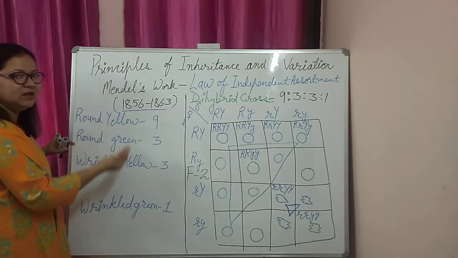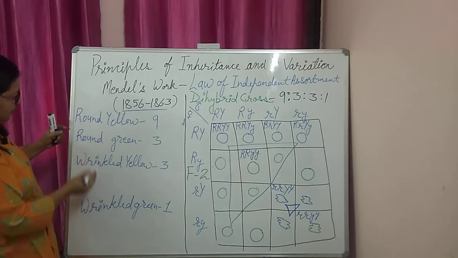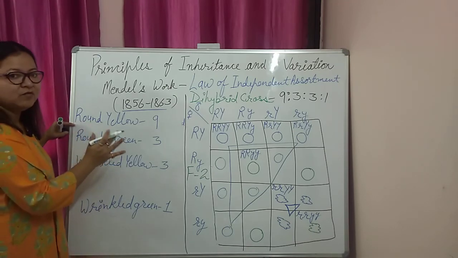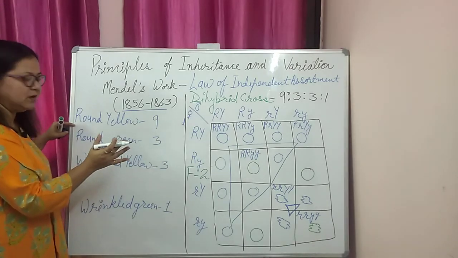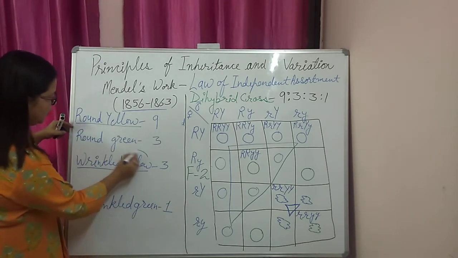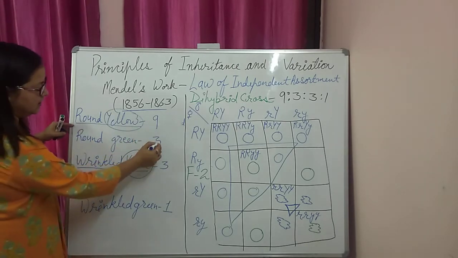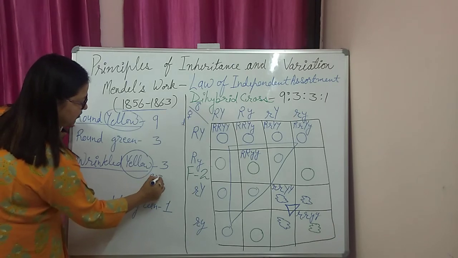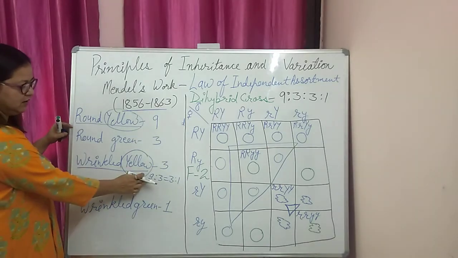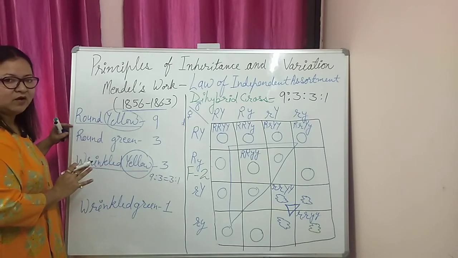How can we further observe it? If we look at the common feature, like round and wrinkled, if we observe only the inheritance of the shape of the seed, round and wrinkled, so here we can go for this feature, round and wrinkled and yellow. Here is the common character. Now you can observe the ratio between round and wrinkled, that is 9:3 or 9:3, which is equal to 3:1. So in this way we can consider they are inherited independently of the other pair of characters.